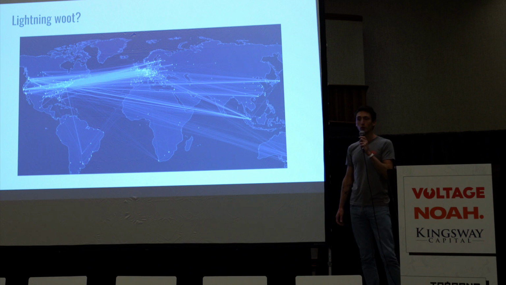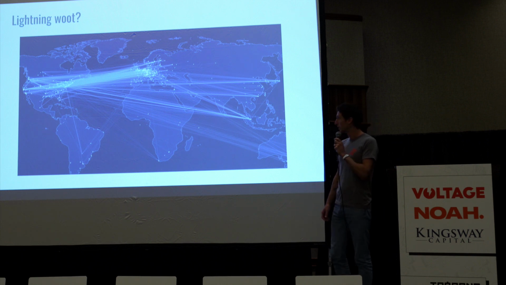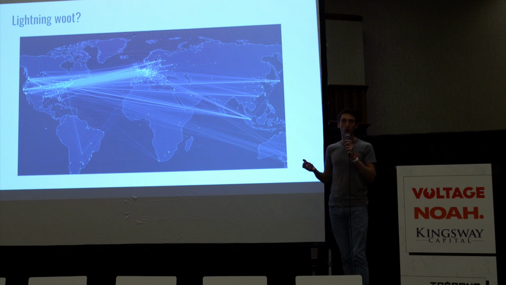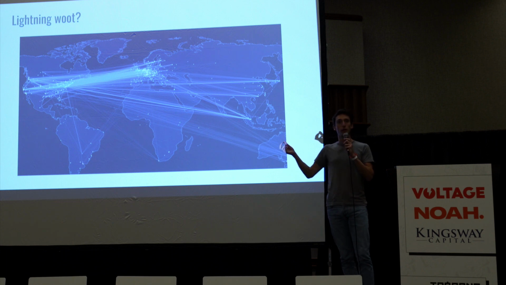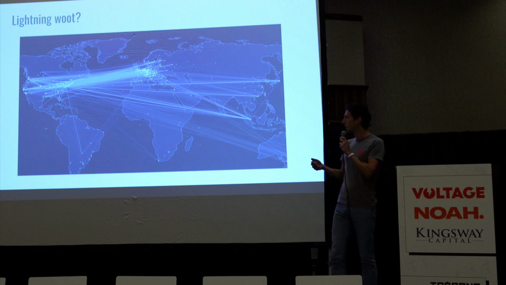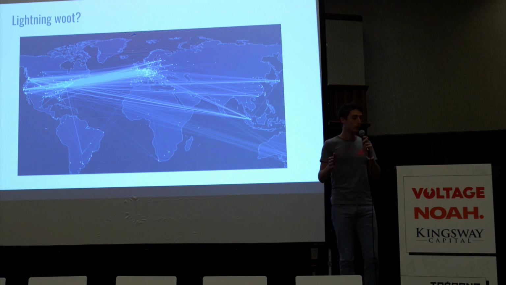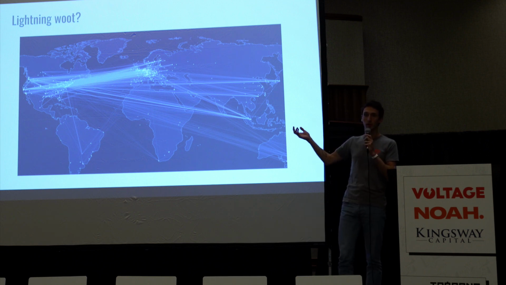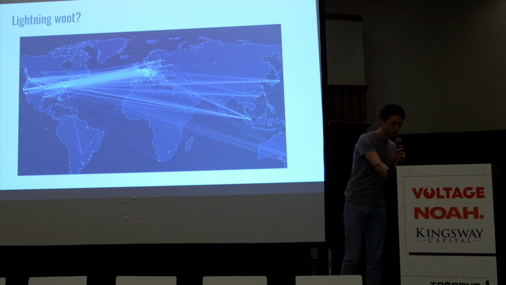So for the scope of this presentation, what's nice is that I don't need to explain a lot about Lightning. The only thing I need to tell you is that Lightning is a peer-to-peer network where all of these connections between nodes are persistent connections that require on-chain transactions. They're what we call channels. You don't need to know anything more. How can we be a node on that peer-to-peer network that handles a lot of these persistent connections, basically?